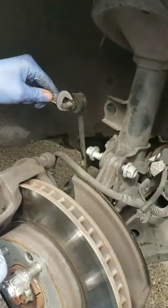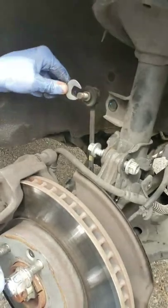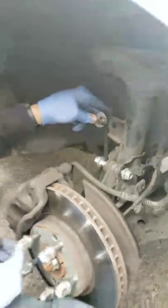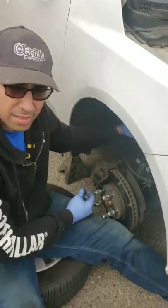Right here, it's got grooves on each side for you to be able to hold on to it, just on the outside there. This 17 fits absolutely snug. It is not an 11/16. I thought that was kind of weird, because most of the time your standard bolts kind of stay standard,